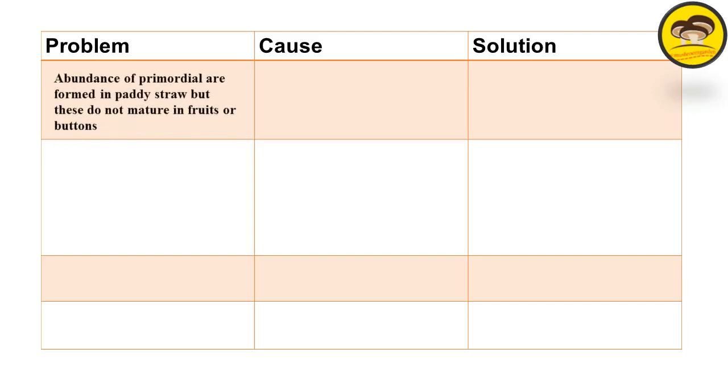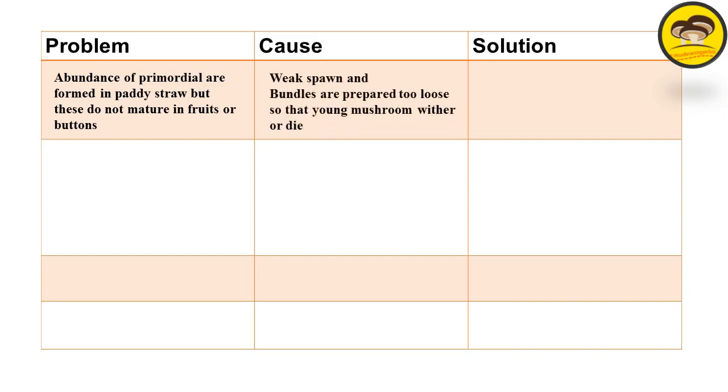Abundance of primordia are formed in paddy straw, but these do not mature into fruits or buttons: weak spawn, and bundles are prepared too loose so that young mushrooms wither or die. Use reliable spawn. Tramp the straw firmly